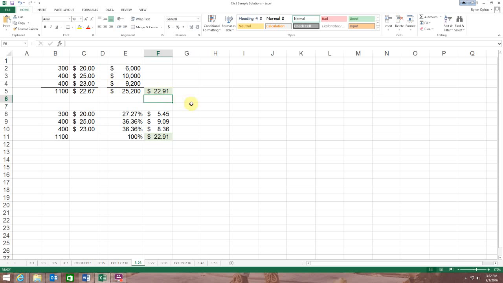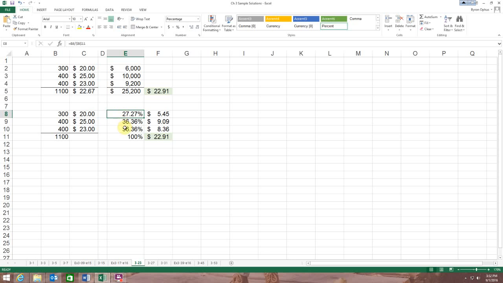Okay, $22.91, and you can see that differs a little bit from if I just average the prices, because I'm not weighting it by the number of shares that I bought. Another way to do that again would be to enter the data, the shares, but then say